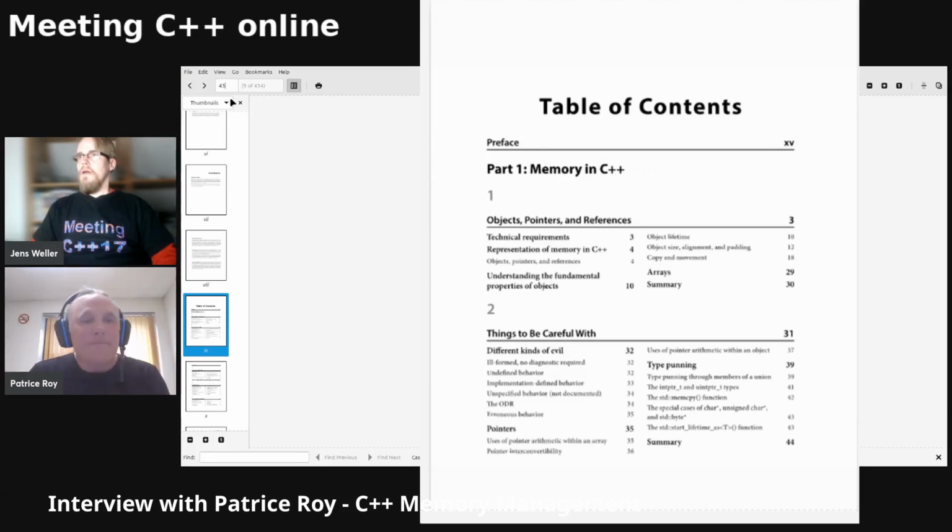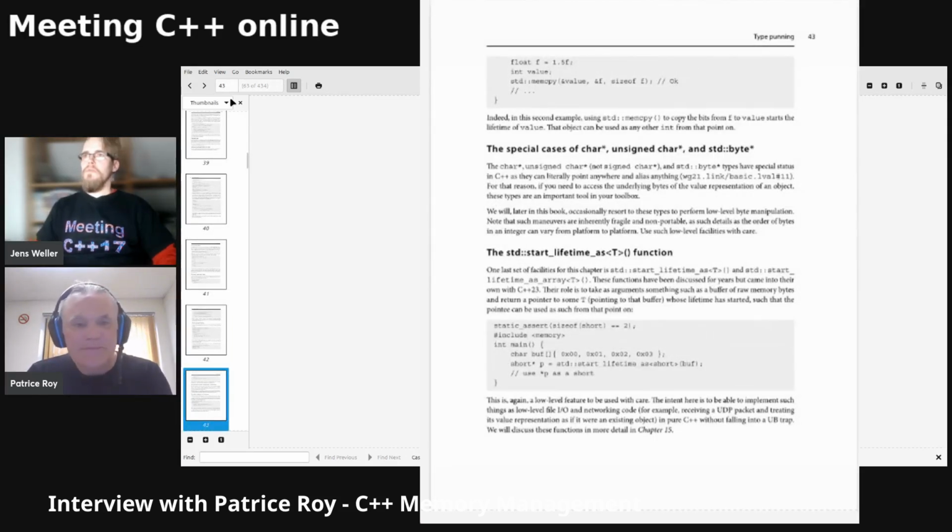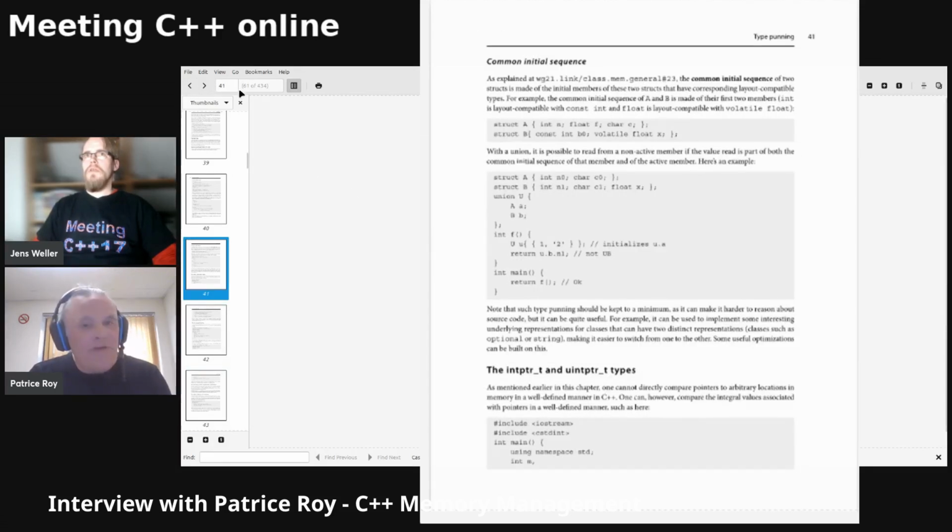That's my hope. I do think that it's something which really makes the book really good. So I was just intrigued by the special cases of char and std byte. And std byte is something which is rather new in the standard, and a lot of people probably have no idea what it is or how to use it. And so it's also kind of, memory management gets interesting when you get to be on the low level. And so it's really nice to see that you establish these lower-level things.